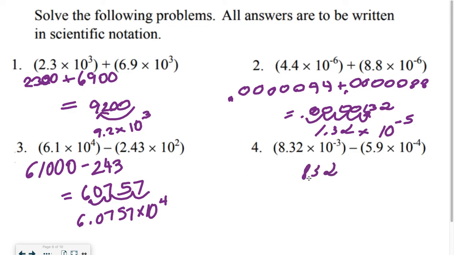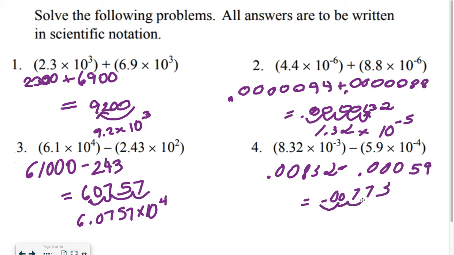Last one. 832. So again, we're going to move in 1, 2, 3 to the left. Minus, and then we're going to move 4 to the left. So 1, 2, 3, 4. Combining these, we get 0.00773. And again, we're going to go 1, 2, 3. 3 to the left is a decrease, 7.73. And again, I want to reiterate that moving to the left increases, moving to the right decreases, and that's